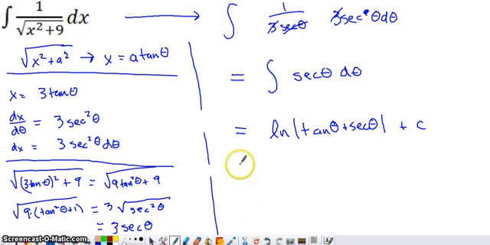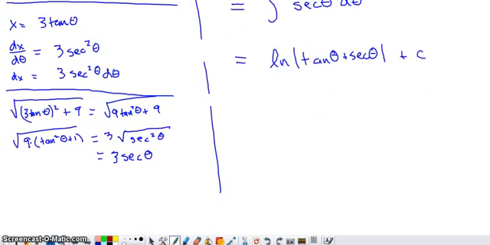And then the last thing to do here would be to make sure that your result doesn't depend on theta but depends on the original variable x. So at this point, we go back to this statement right here, x is equal to 3 tangent of theta. That actually allows us to draw a little triangle. Just going to take some space down at the bottom of the page here to do that. If I draw myself a right triangle, and the angle theta is right there, this is saying x equals 3 tangent of theta. Well, that would mean that x over 3 has to equal tangent of theta, and then from SOHCAHTOA,